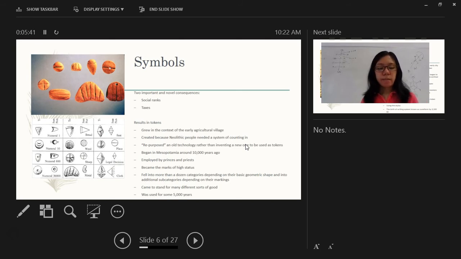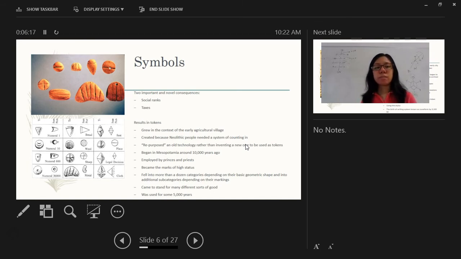So the first is symbols. The language at that time enabled the Neolithic farmers to cooperate, particularly in the production of public goods such as leadership, security, and spiritual care. But this production of public goods created two important and novel consequences, which are social ranks and tax. Social ranks were held by princes and priests who supplied the public goods, while the tax was collected from the beneficiaries of the goods. So, for the first time, humans found a good reason to